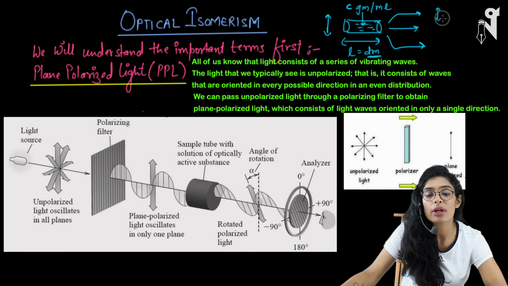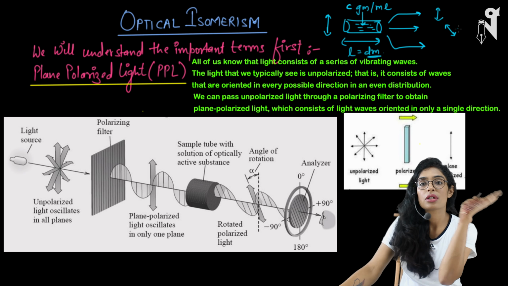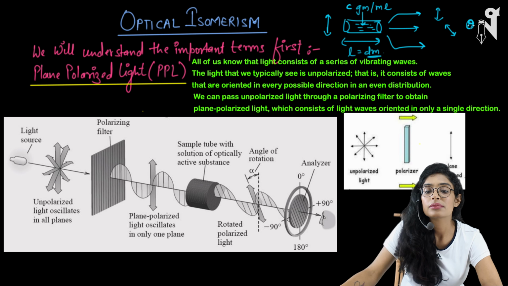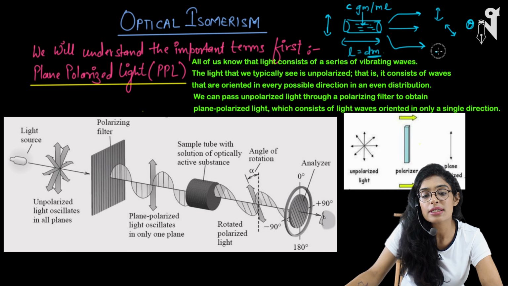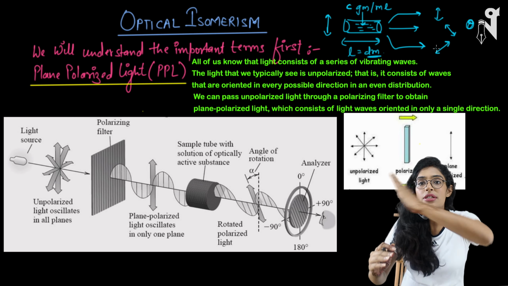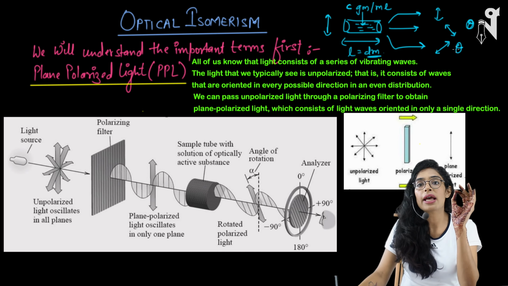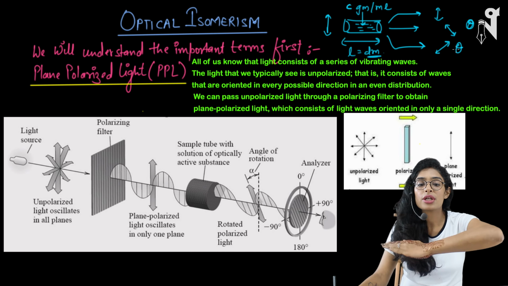One is that the light comes out unaffected. Another possibility is that the direction of the light gets changed and it tilts towards the left with the theta angle. The other possibility is that this light tilts toward the right with the theta angle. So theta is the angle which tells you how much rotation has happened.